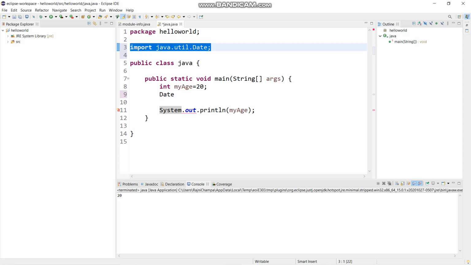Let's give this variable a name, like I am giving here, now. After this we use the new operator to allocate memory for this variable.